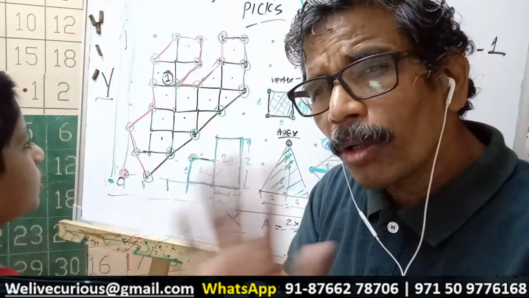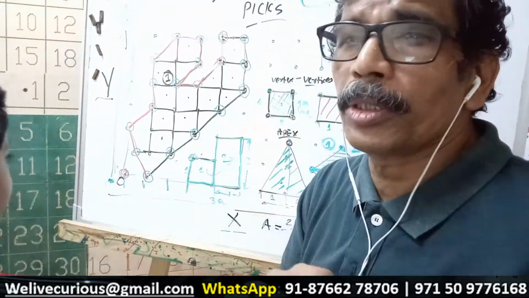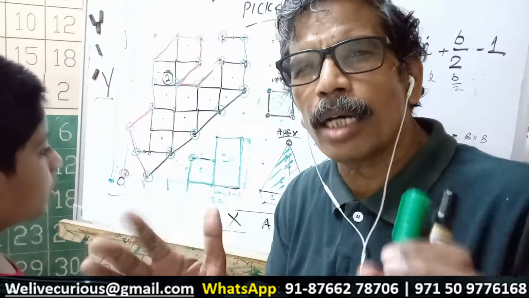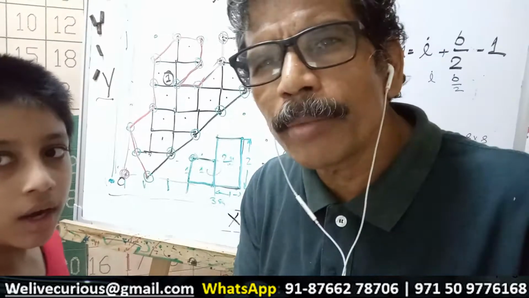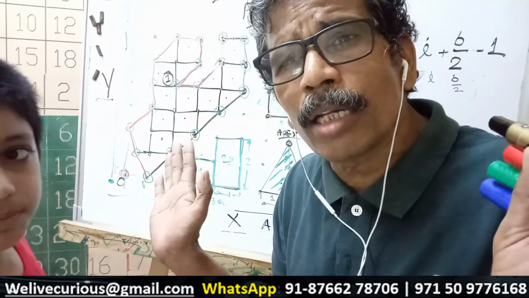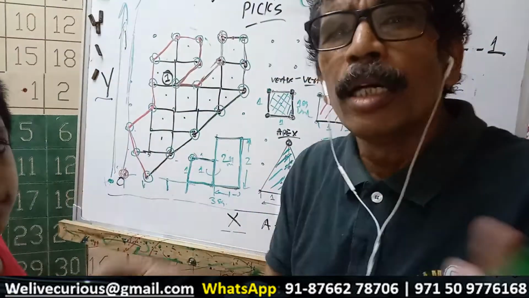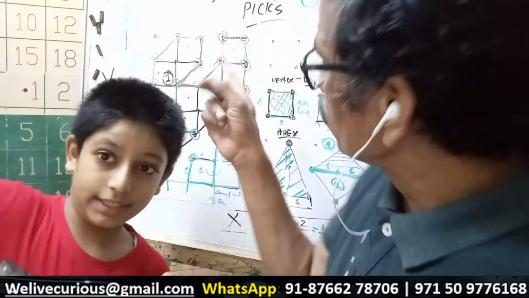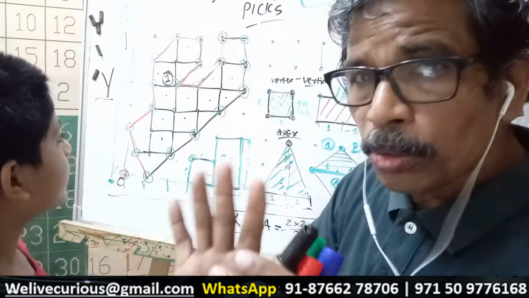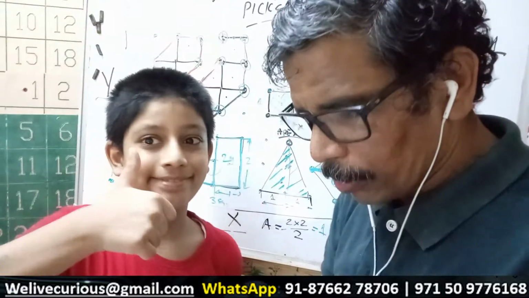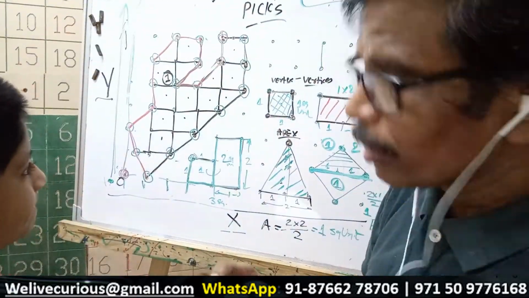See, no calculation. This is the beauty of mathematics, and this is why I insist that kids are ready for higher mathematics. Okay, fine, we are not doing everything at college level here. Who is doing everything? But there are certain things that we can use right now. So let us use it right now. 19 points we calculated. Any grade 1 student can do it, or a UKG student can do it. Okay, fine. Now what next?